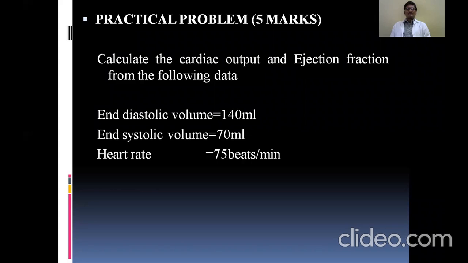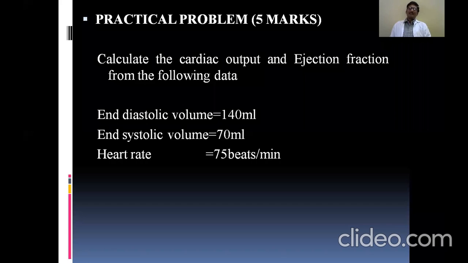So stroke volume is equal to end diastolic volume minus end systolic volume. In this case, end diastolic volume being 140 ml and end systolic 70 ml, 140 minus 70 is equal to 70 ml. That means of the total 140 ml at the end of the filling phase of the ventricles, only 70 ml is ejected. The 70 ml remains even at the end of systole. That's the meaning of it. This volume ejected during each beat of the heart, we call the stroke volume. Now we got the stroke volume. We have the heart rate as 75 beats per minute. Once we know these two, the cardiac output will be stroke volume into heart rate. That you can easily calculate, 70 into 75.